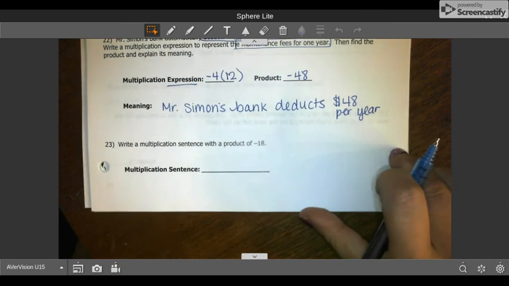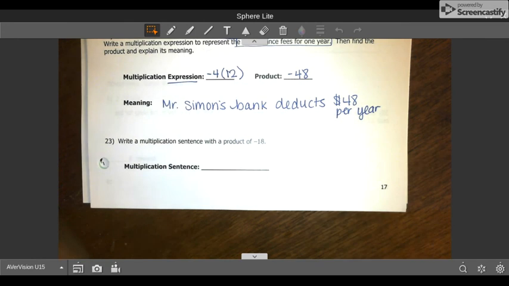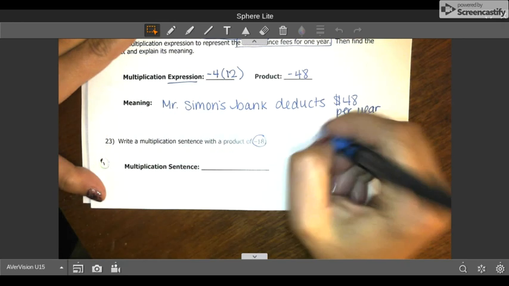Write a multiplication sentence with a product of negative 18. Now there's a bunch of different answers for this, but I know since the product has to be negative, that one of the factors